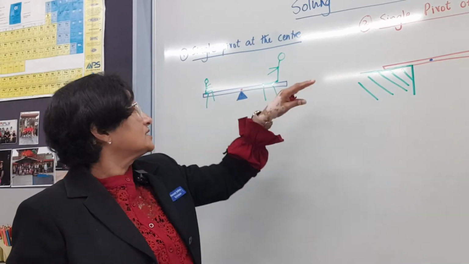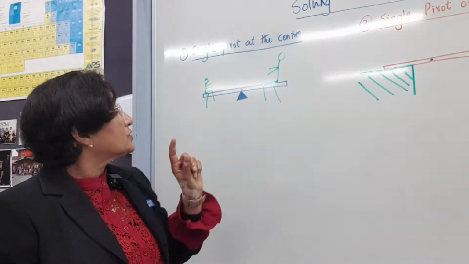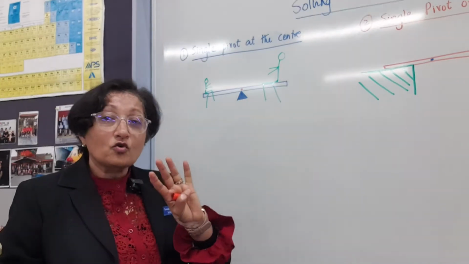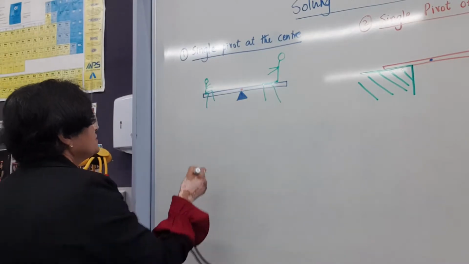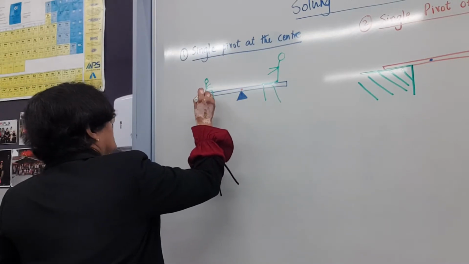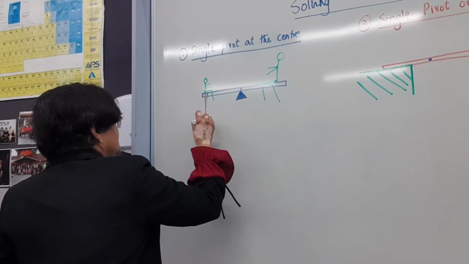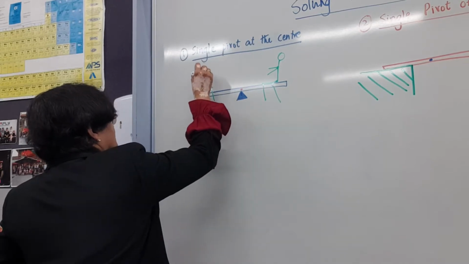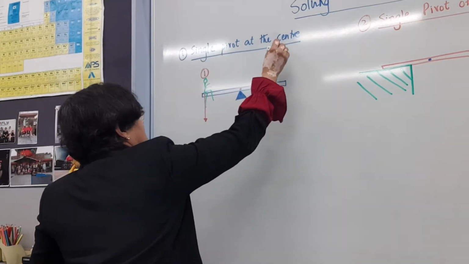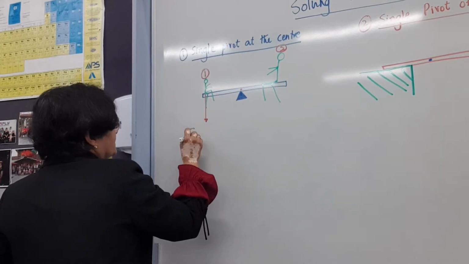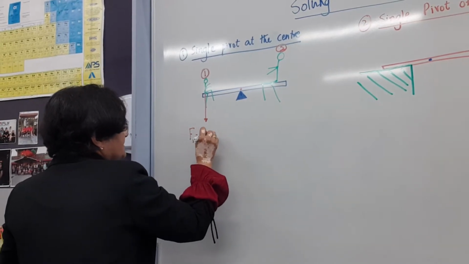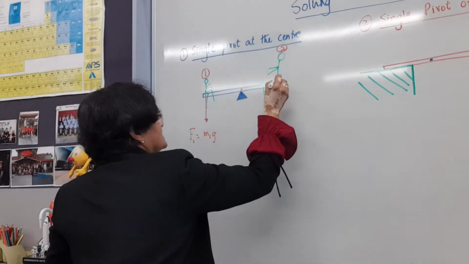Usually one of the first questions that's asked when you have one of these is to identify the forces that are acting on the seesaw. So there are actually 4 force vectors that you need to draw. There will be the weight force or the gravity force of this person, and let's call this person 1, that is person 2. So the weight force of this first person is the mass times g,